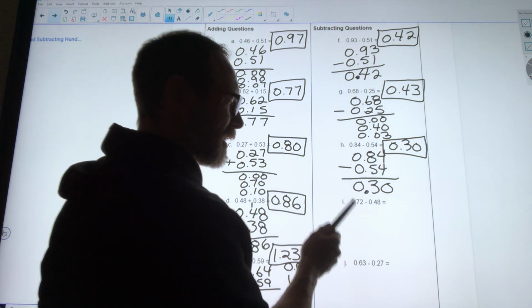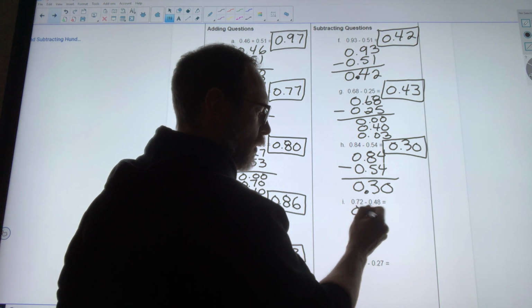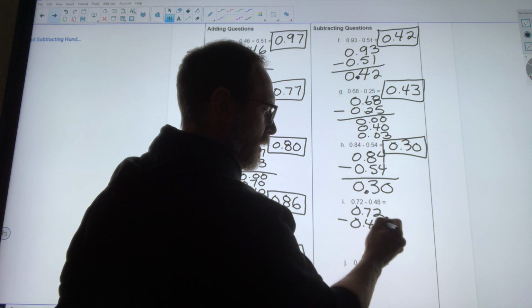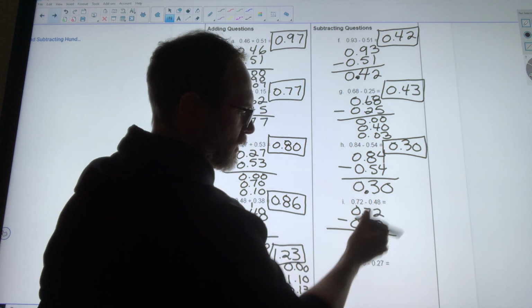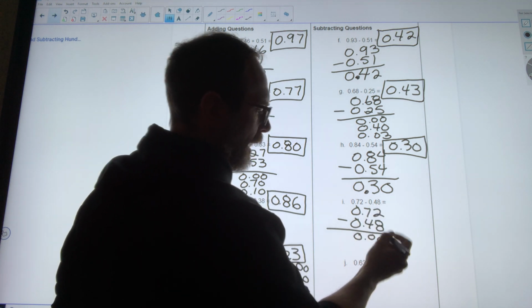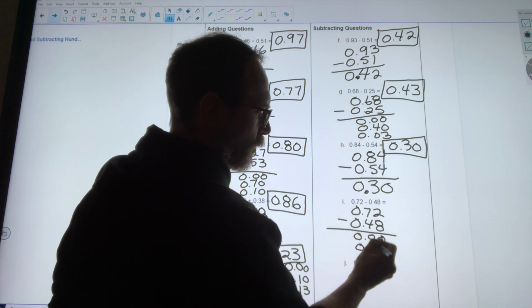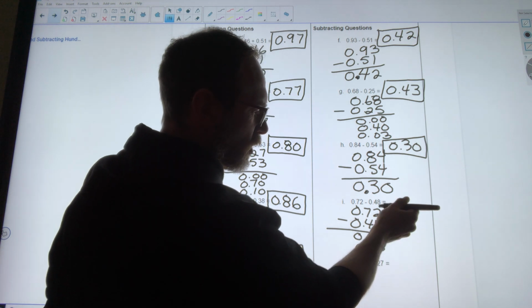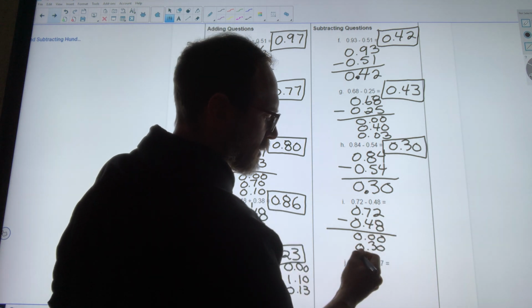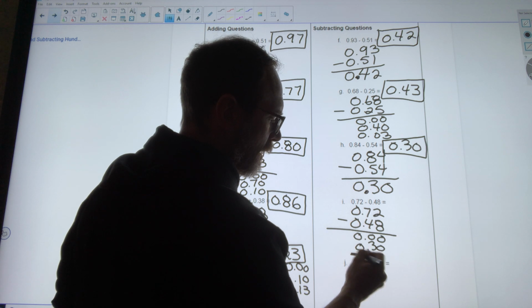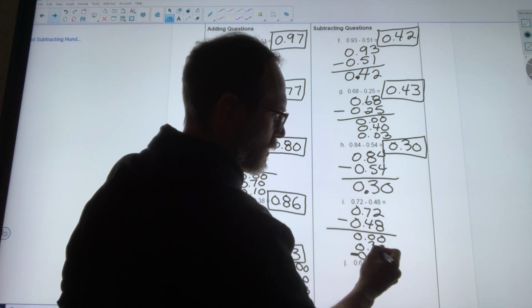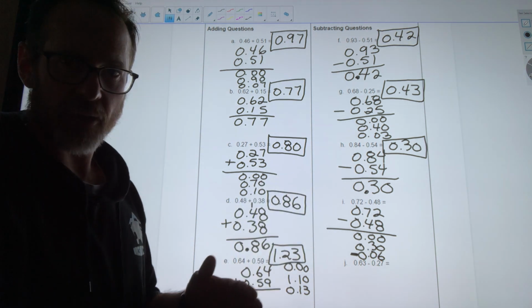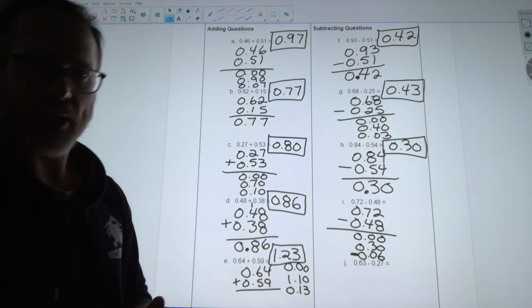The count back strategy is a little tougher to use on this one, but I'm going to show you how it would work. 0.72 minus 0.48. So in this case, I would say, well, 0 minus 0 is 0. And 7 tenths minus 4 tenths is 3 tenths. And then 2 hundredths minus 8 hundredths would be negative 0.06, 6 hundredths, right? If I was taking 8 hundredths away, it would go down 2, and then it would take me